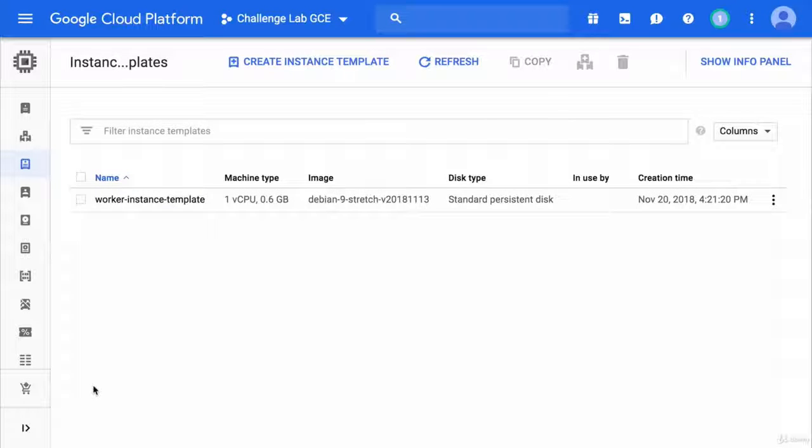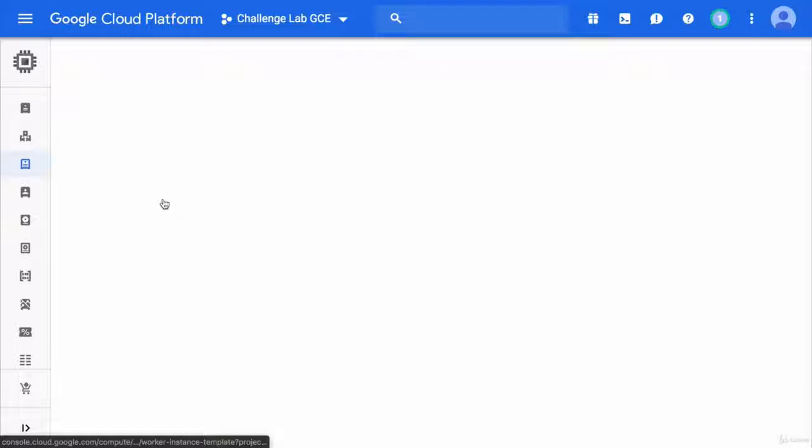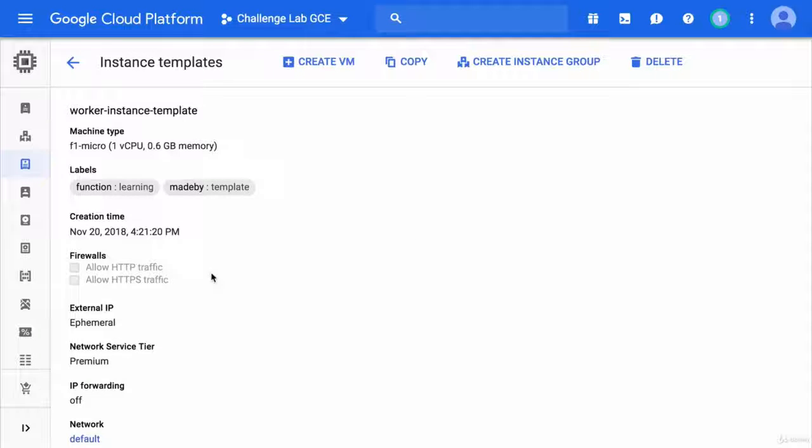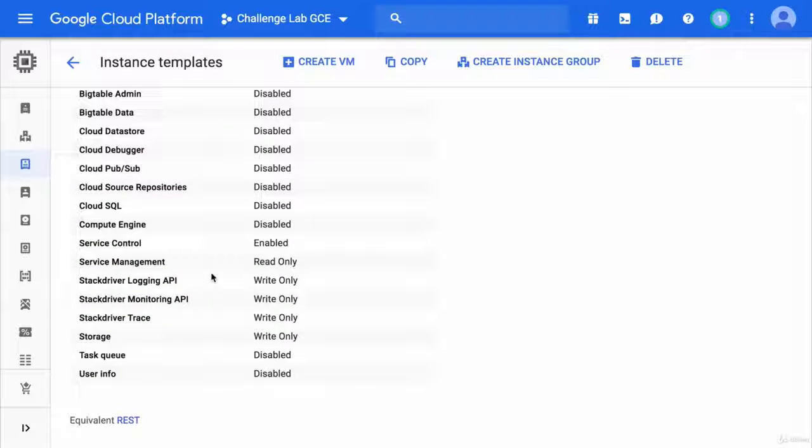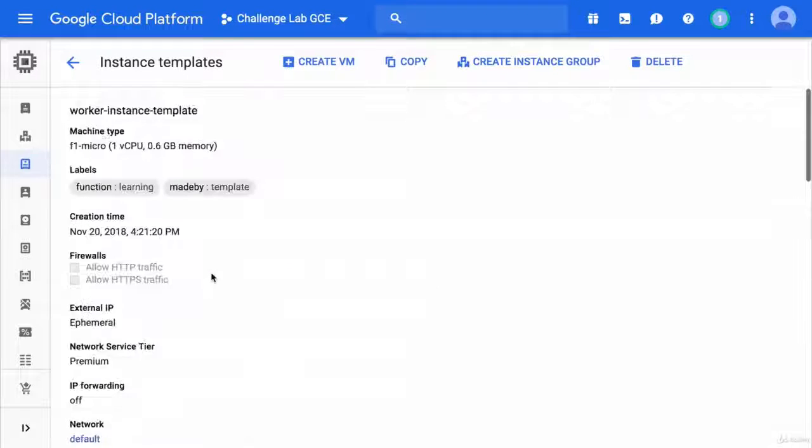That doesn't take too long to finish, but when it does, we can press on the name to look at the details. And here we see all of the things that we entered. But where's the Edit button? How would we change this template? Well, the thing is, you can't. Instance templates are immutable. You don't ever change them directly, but you can copy them and make a new one if you need to. Now we'll get to this Create Instance Group in a little bit,